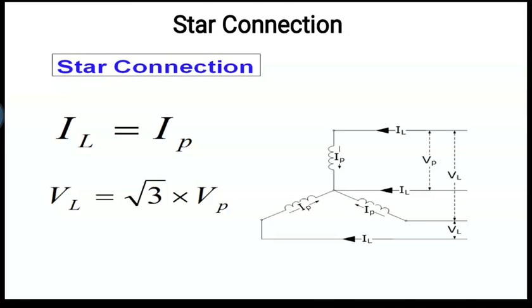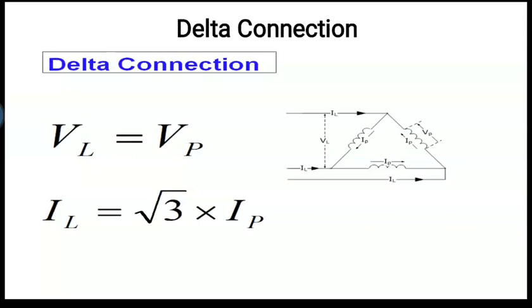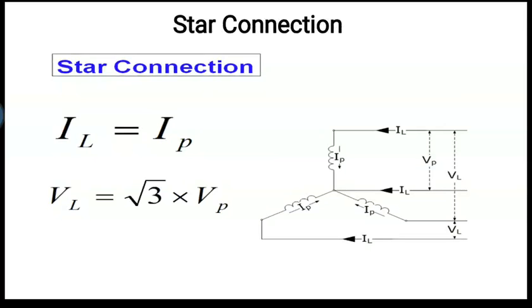In the same way, there is a star connection. In the star, all the three phases are connected at a common point, and that point is known as neutral. You can see the connection of these three, where all the three phases are meeting at the center. That point is known as neutral. Again, it is similar to this. The current coming from the supply, you can see that line, is a line current, and when it is passing through the phase, it is a phase current.